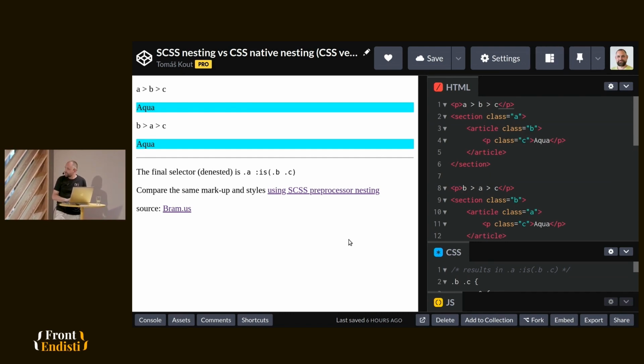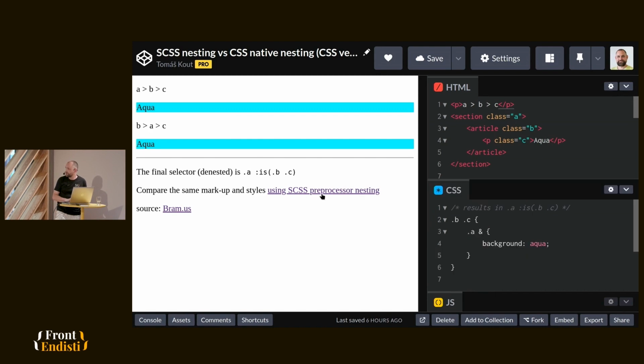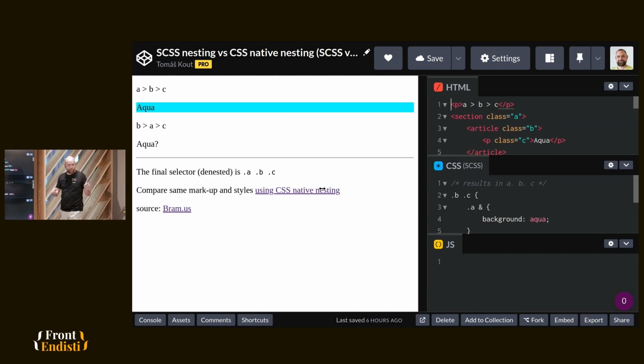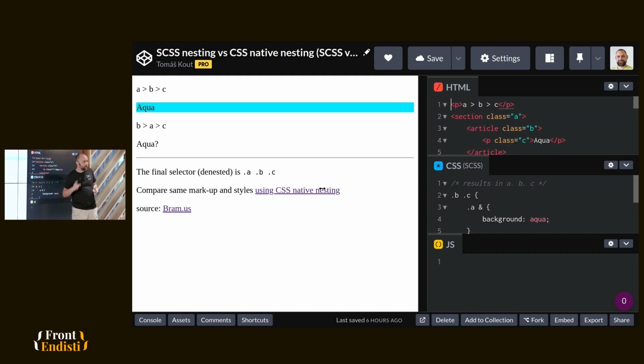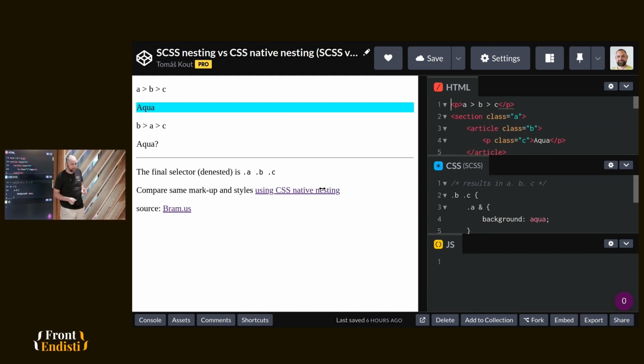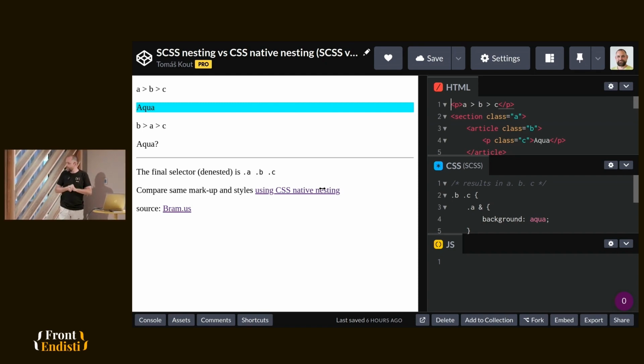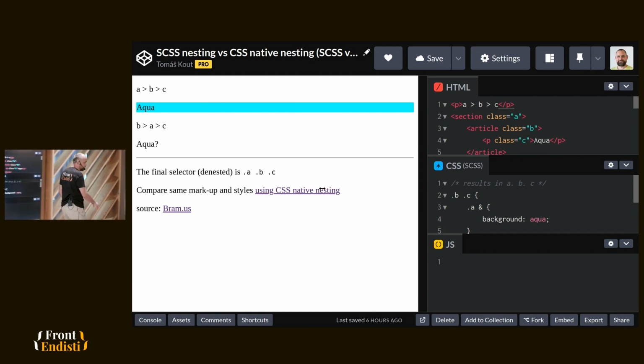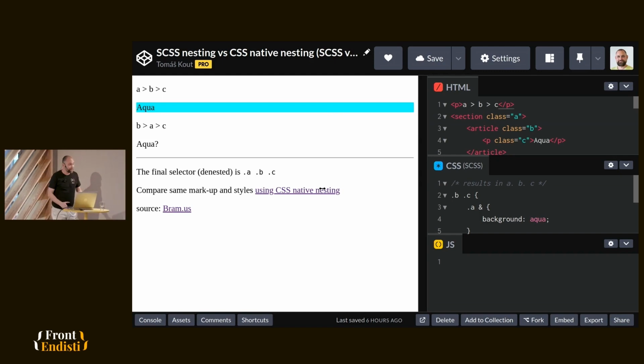But if you use the same CSS on the same markup in Sass or SCSS, only the first instance is matched. So as most of us are used to preprocessors, and maybe you start working with CSS native nesting now, don't be surprised. Remember that there is this trick. I didn't discover it. It was Bramus, so the source is here. You can read the article where he goes much deeper than me.